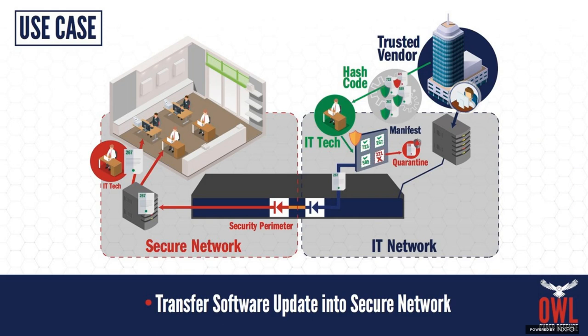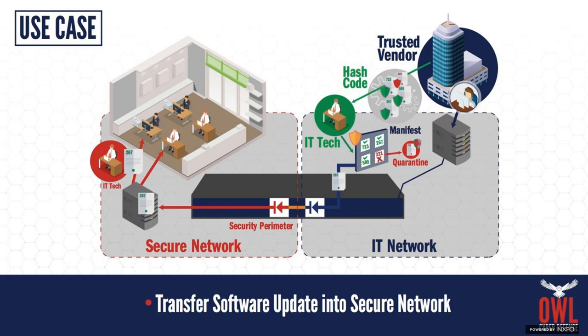Next use case, this is the one we talked a little bit about, moving patches in. So you see here I've got my trusted vendor out there. This is maybe an OEM, maybe it's just Microsoft. I've got my PCs or my laptops inside the plant or facility that I need to get my latest patch to. You download that patch. Independently, you get a hash from them, certifying or verifying this is an authentic file. You build a manifest that says, these are the files I want to transfer across, and here's the hash code for those particular files. The system will run checks against that.